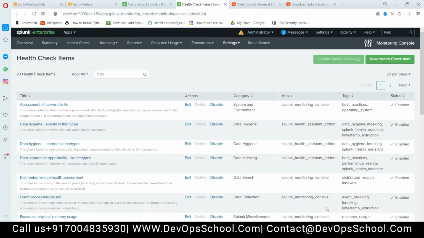What I was saying is that we make it a daily practice for analysts to come here, log into Splunk, and run this health check item. If they run a health check, a new health check item, let me click on this one.